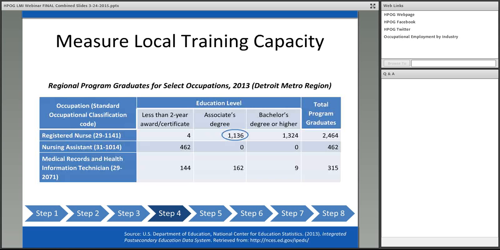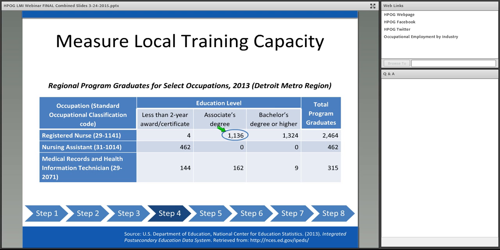So here's some example data, again, for the Detroit metro region of the IPEDS data. In this data table, we're looking at every institution within the Detroit metro region, but data is available by each individual program. So one of the things that's helpful is that program planners who are interested to understand how their program compares to their peers are able to pull the information for each institution individually. But again, as I said, this includes data for every program within this region.